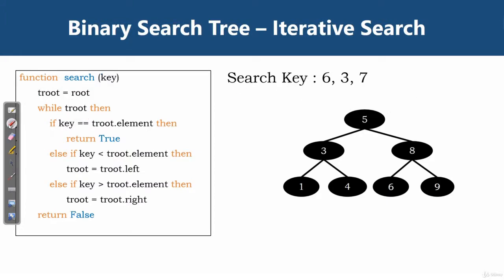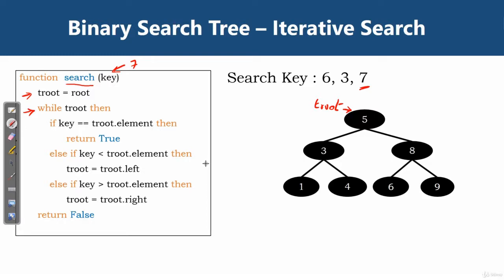Let us take another example of searching element 7. The search operation is called passing the element 7 as the key. The first statement, that is tRoot equal to root, so the variable tRoot will be referencing the root of the binary search tree, that is node 5. Next we have a while loop, while tRoot. Since tRoot is referencing a node and it is not null, the statements within the while loop will be